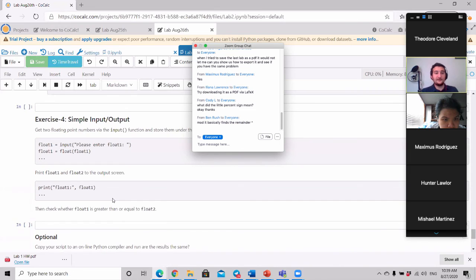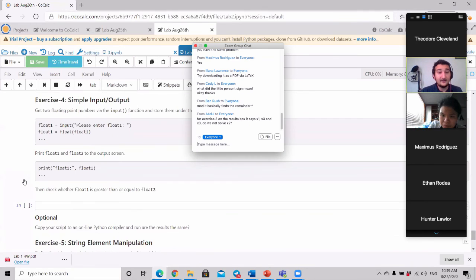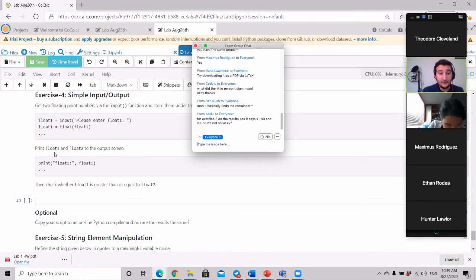Let's move on to exercise 4. Simple input-output. Get 2 floating point numbers via the input function and store them under the variable names float1 and float2, and then print float1 and print float2 to the output screen. Then check whether float1 is greater than or equal to float2. So,